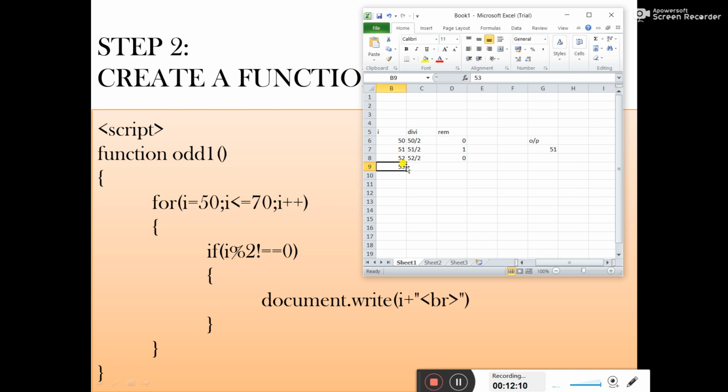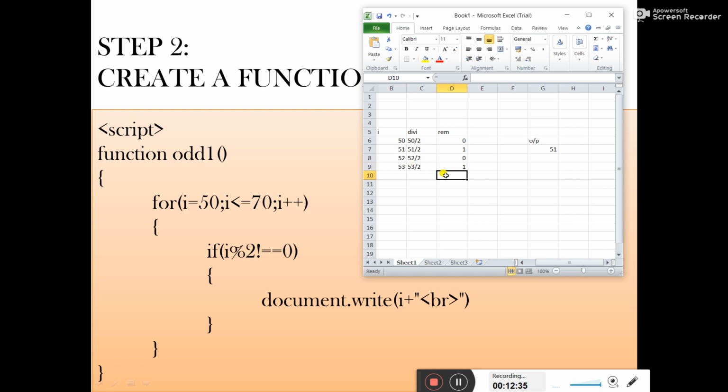It will check the condition of the for loop. 53 is less than or equal to 70. The condition is right. It will come inside the for loop. It will check if 53 mod 2 is not equal to 0. What will be the remainder? 1.